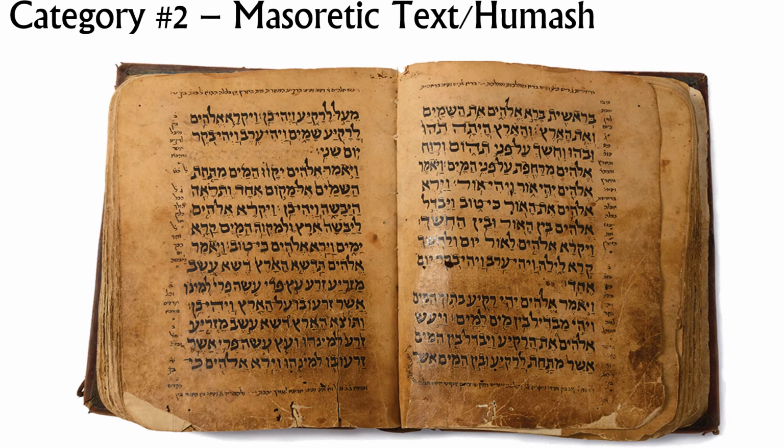Now the second category is what you would generally call a Masoretic text, or in some cases a Masoretic-type text, and I'll explain why. You could also call it a Chumash. One of the mistakes some people make is to ask whether a Masoretic text is a text that's bound like a book rather than a scroll. No, that's actually not true.